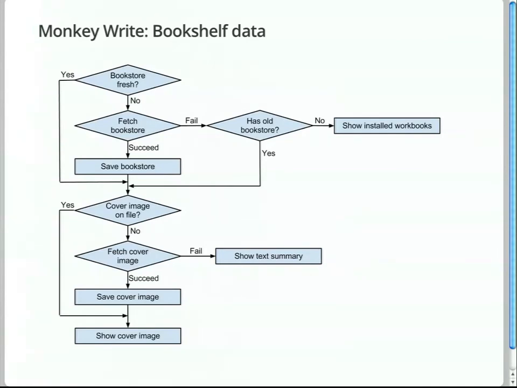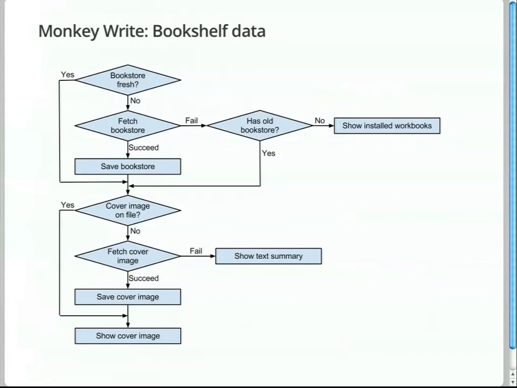So just walk through, pretend that I'm the app right now. I come in and say, hey, do you have a bookshelf? No, okay, I'll go ahead and fetch it and then stick it in. But if there is already a bookshelf, then I go to the next stage, which is, do I have the images? Say somehow in between, the internet gets cut, and I have the bookshelf, but I don't actually have the images. Well, no big deal, because when I ship down the bookshelf, I actually give a text